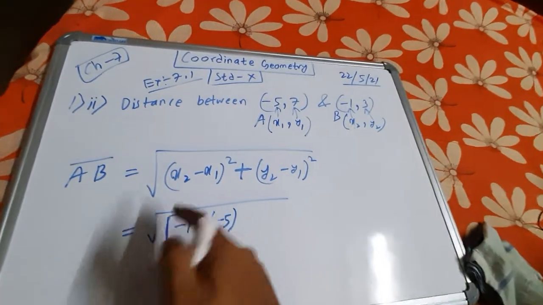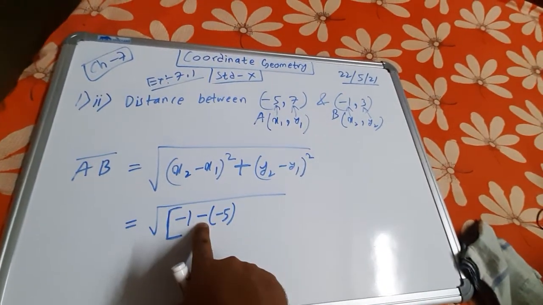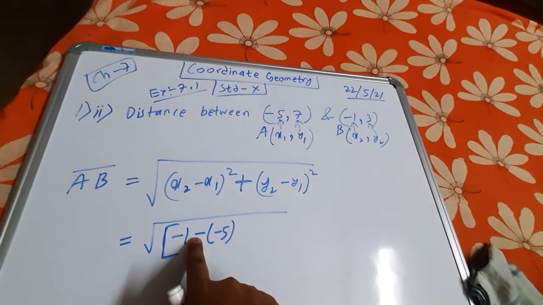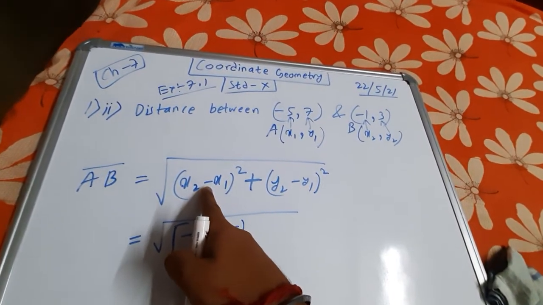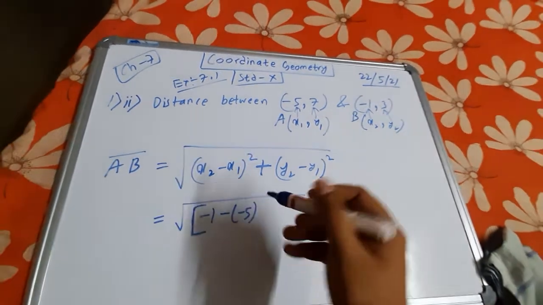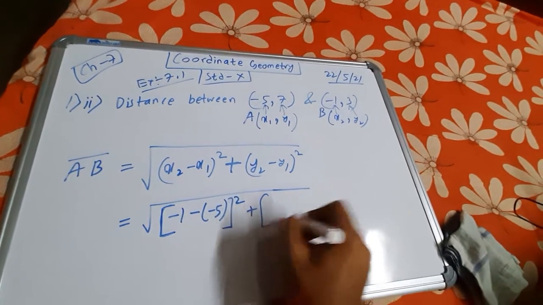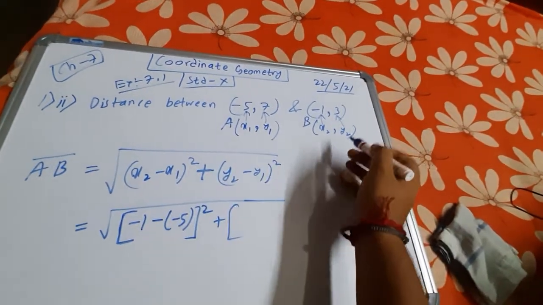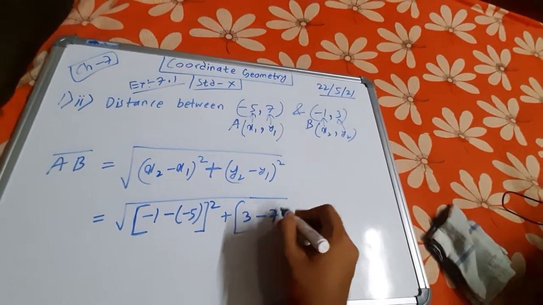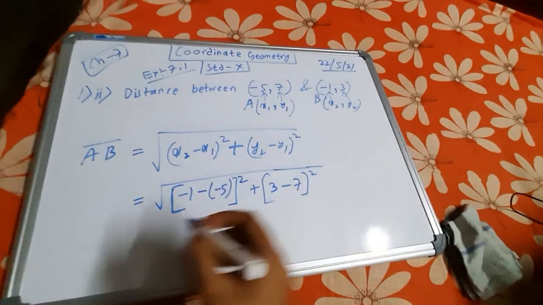See, x2 is -1. Now a minus sign is there, see, a minus sign. Then x1 is actually -5. So one minus is in between, which was actually the minus of the formula, and another minus is before the 5. So I have given this minus. This thing's whole square plus, again a bracket opens, y2. What is y2? y2 is 3, minus y1, which is 7, whole square. Okay, so this is the formula. The whole thing will be under the root, as I have said.